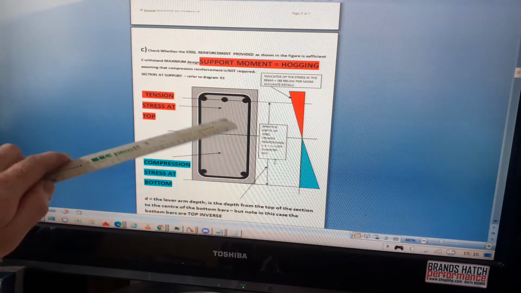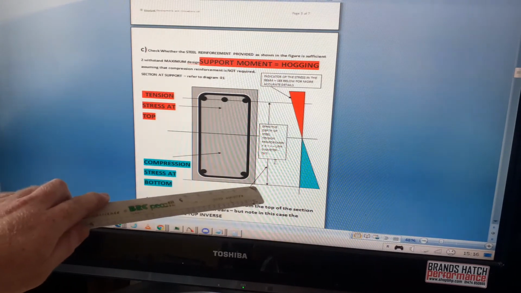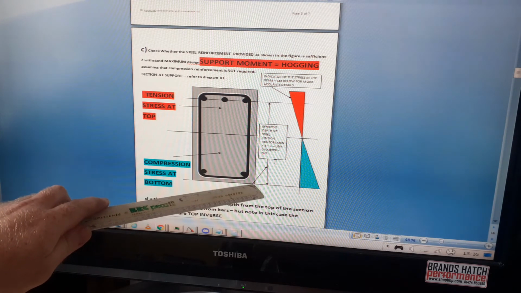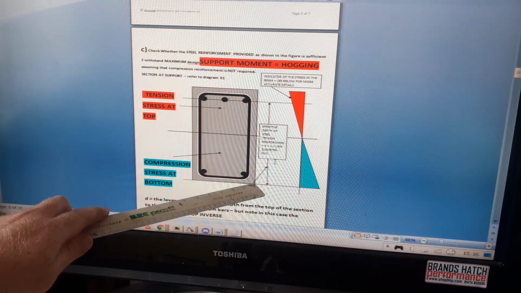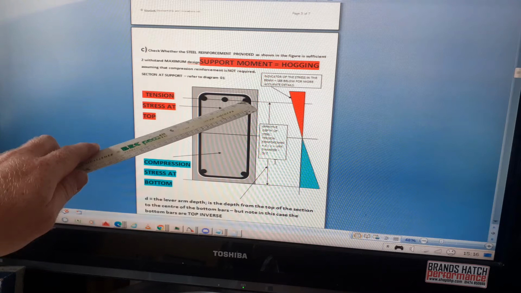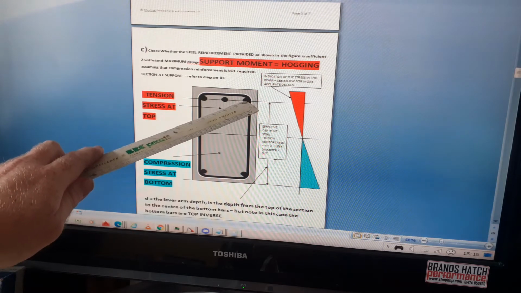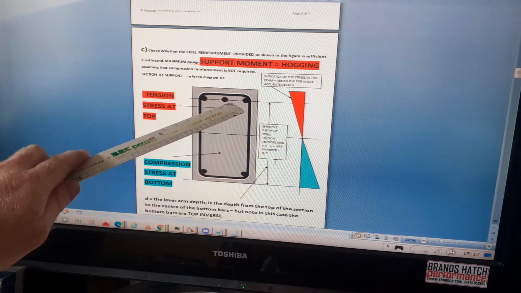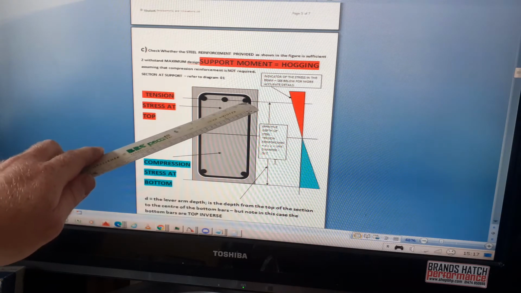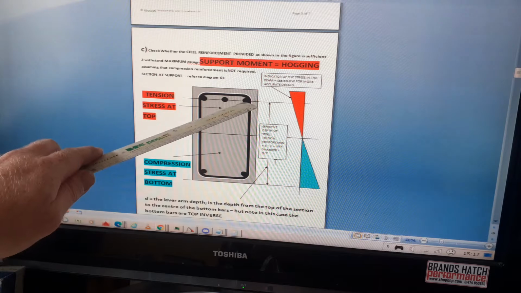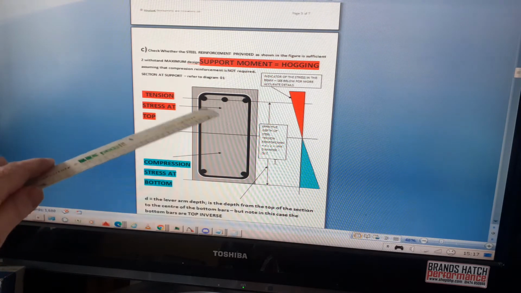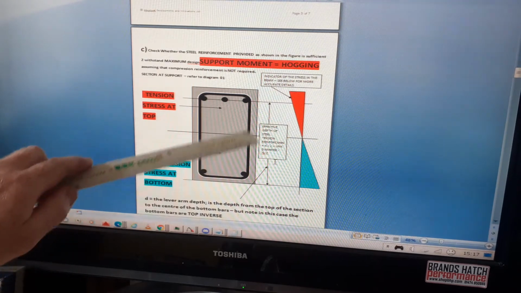So first of all we need to find out what the effective depth is, and the effective depth is the distance from the top of the section, which is now the bottom, to the center of the tension steel. Now the tension steel is going to be in the top. This diagram's not perfect, but it shows roughly that the longitudinal tension bars are going to be within the concrete but within the links. So the effective depth is